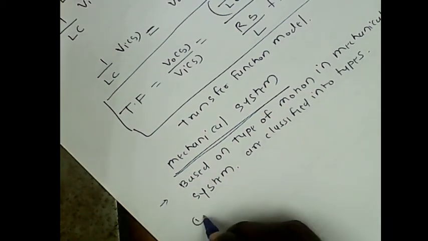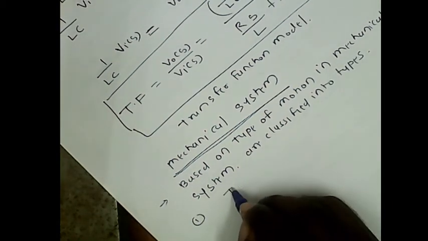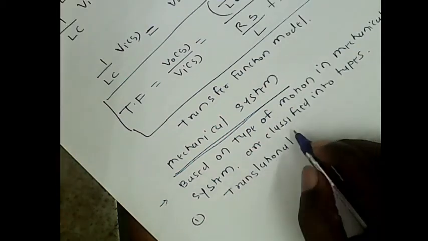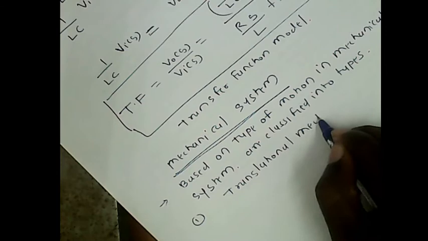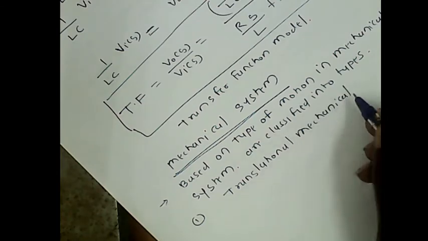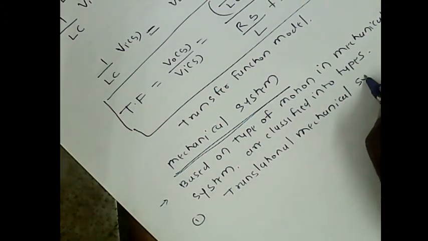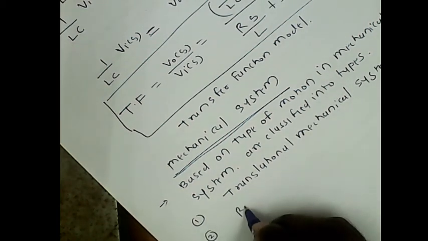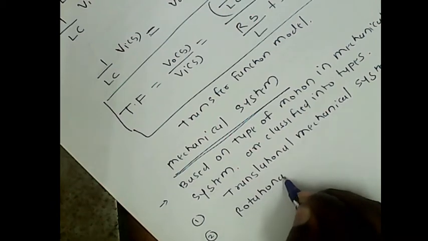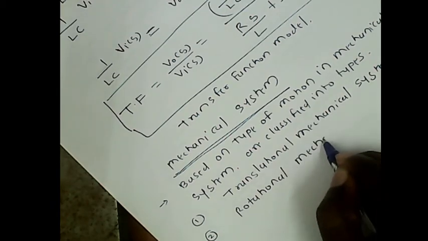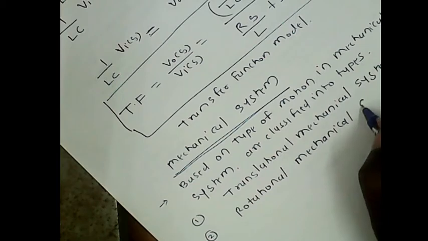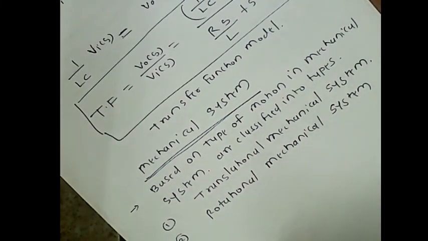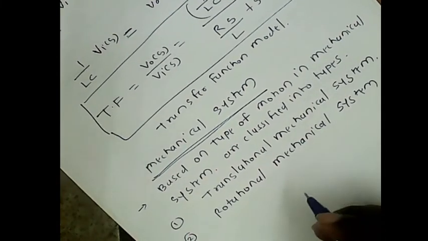First one is a translation mechanical system, where the object will be moved along a straight line, and second one is a rotational mechanical system, in which the object mass will be moved around the axis, that is called as a rotational